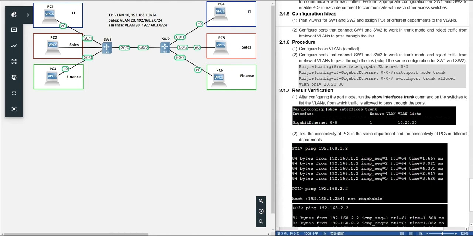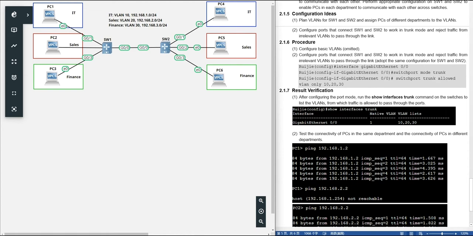So this is the whole introduction to this practice. Now let's see the detailed configuration. The first step is the basic VLAN configuration, because this is the key point of the first practice, right? In the practice guide, I don't add the commands, so here we can directly watch the video and review the basic configuration.